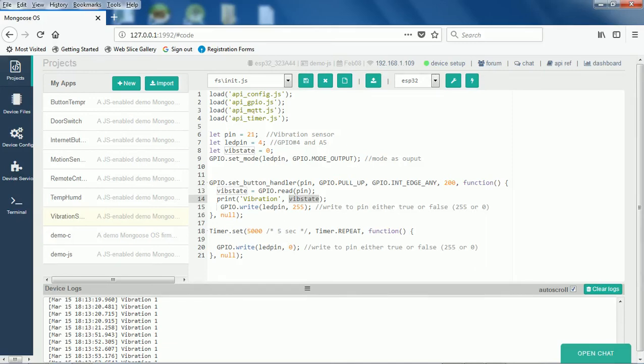That means within 5 seconds it will continue, it will keep it up, and then in between, within those 5 seconds, let's say you press, then obviously nothing will get detected, but that's the way you have to do it. And then once again when you press, then obviously it will go into the set button handler, and you will have the LED also glow, you capturing the vibration as well.